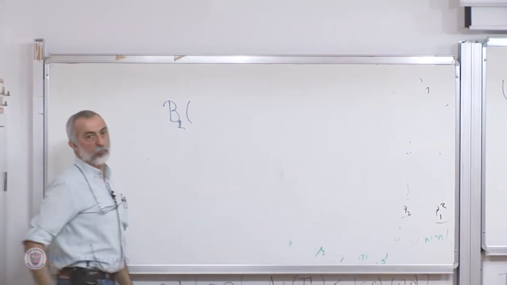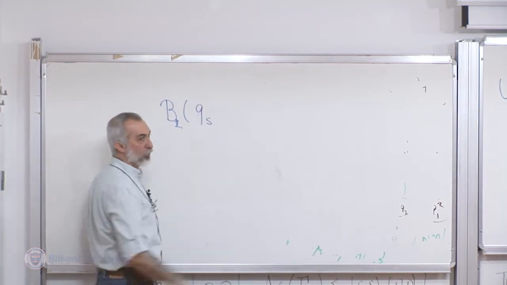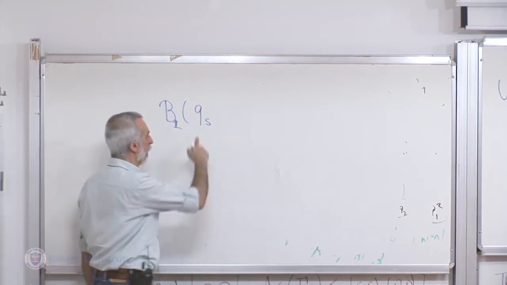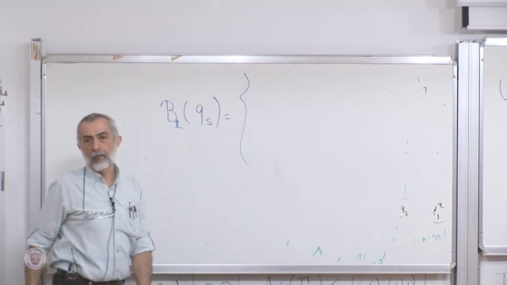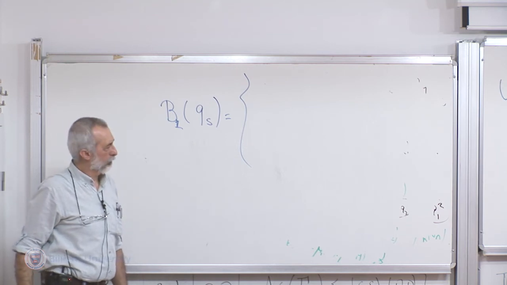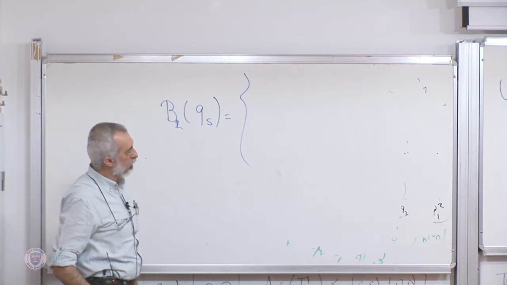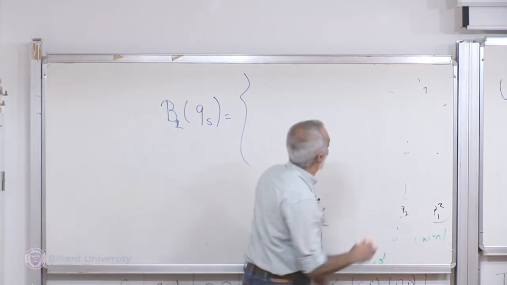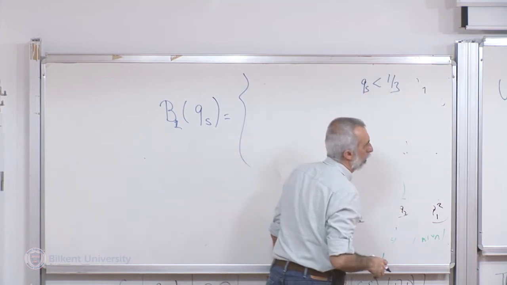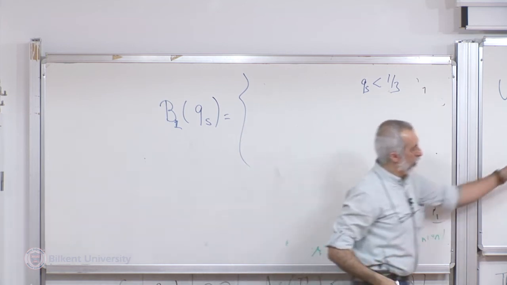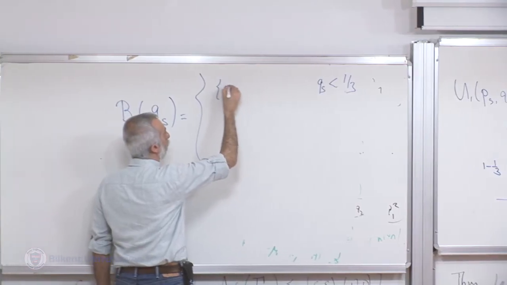The best response of player 1 in the mixed extension game to the strategy QS, QO, but I need only QS, is enough, of player 1. We have 3 conditions. So let's go with small QS less than 1 over 3. Then we have a negative, so the best response is to play